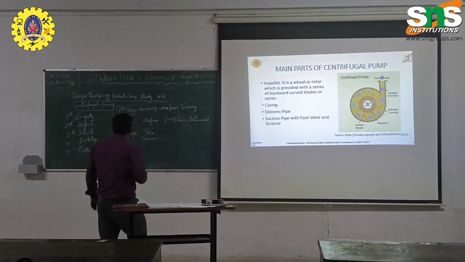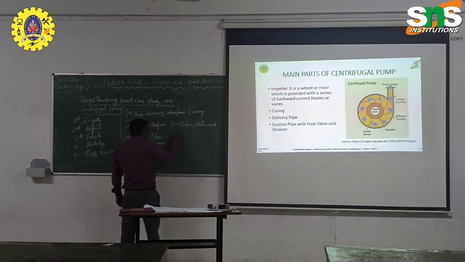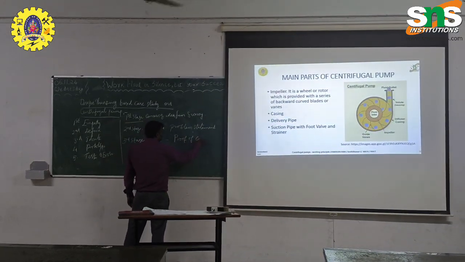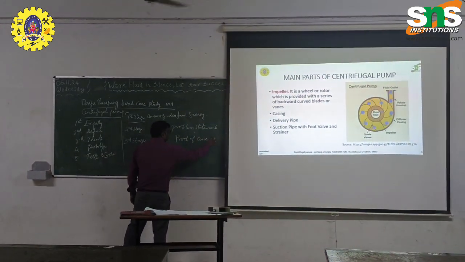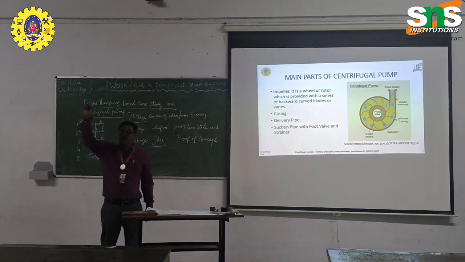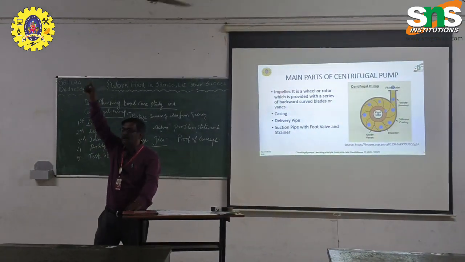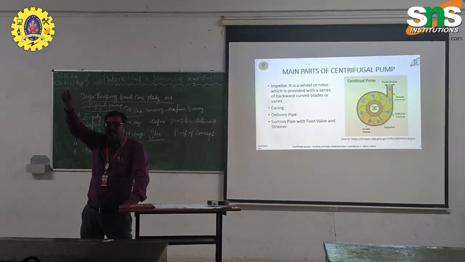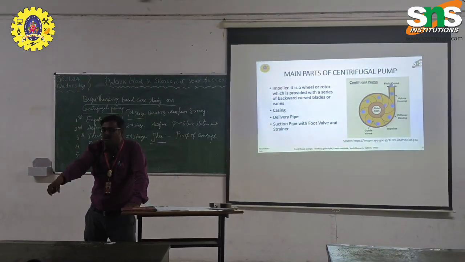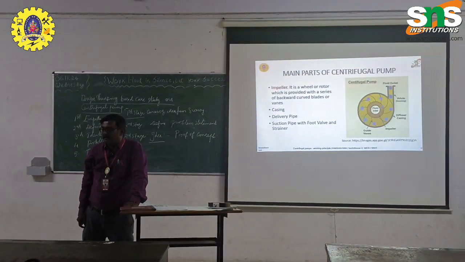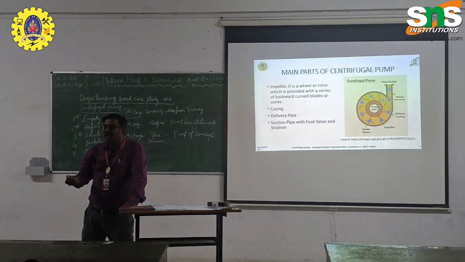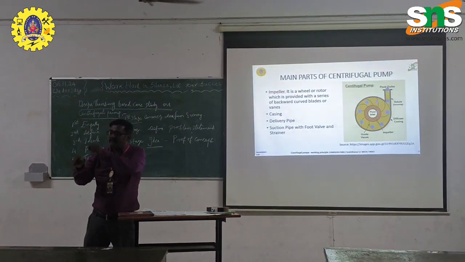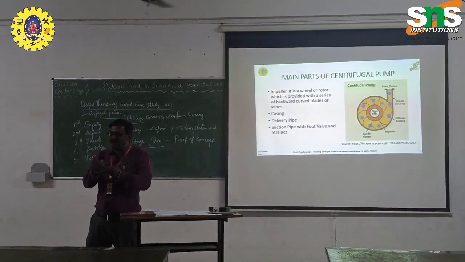Okay, so they will follow the proof of concept. Proof of concept means, as I said, if you throw a ball from the third floor, it will fall down. It will not go up, because it is already proved that because of gravity, the ball falls down. Correct. So everything has that proof. If you write with a pen, the pen has fluid